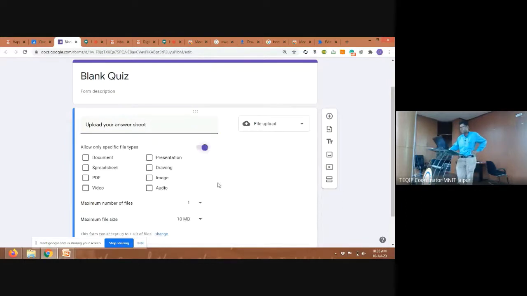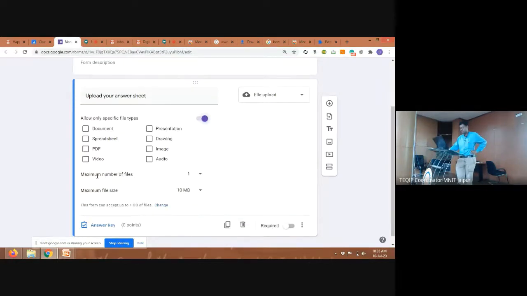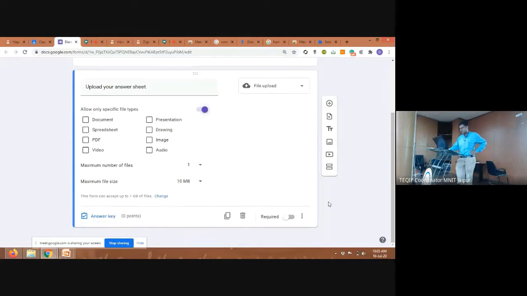Allow any specific type of file. So PDF, image, or whatever you want. Maximum number of files, 1 or 2. What should be the size? Let us say the maximum size is 10, and done.